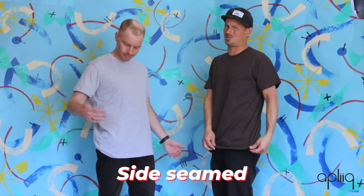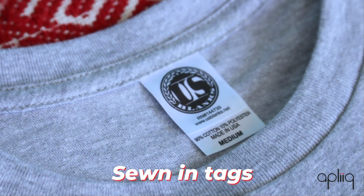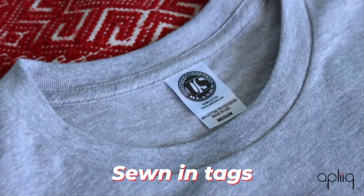I mean, side seam, so you get that fashion forward fit. They're really soft and stable fabric overall. It kind of feels like you're almost wearing nothing. It's great. Yeah, this is a solid product. It's also, I would say, an interesting one to use your brand on and relabel. The labels are definitely stitched on. So we've got satin labels that you'd have to cut, and you can relabel it, but it's not as easy as a tearaway. Made in the US, I'm wearing a heather gray, so that means there's a 90-10 cotton poly,